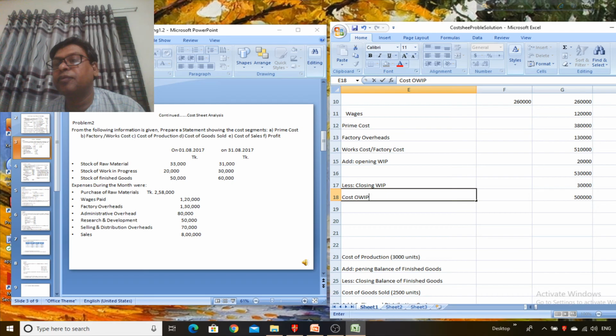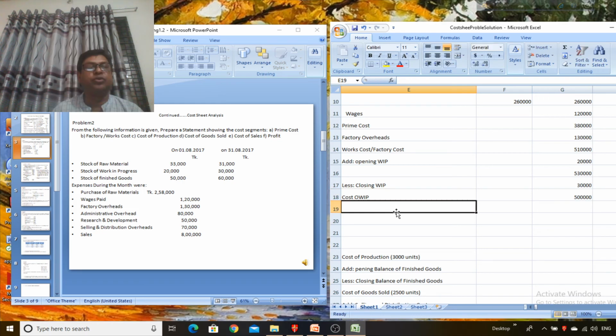So with this we have to add the office and administrative cost, research and development cost to find out the cost of production. So add office and administrative cost here, 80,000 taka and